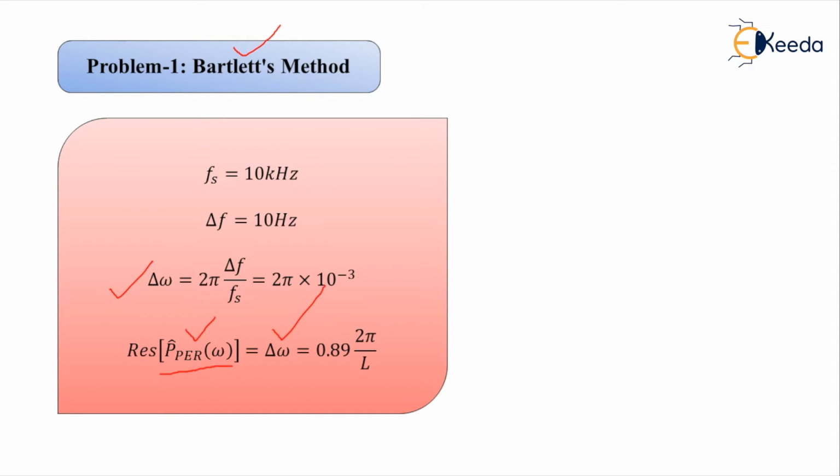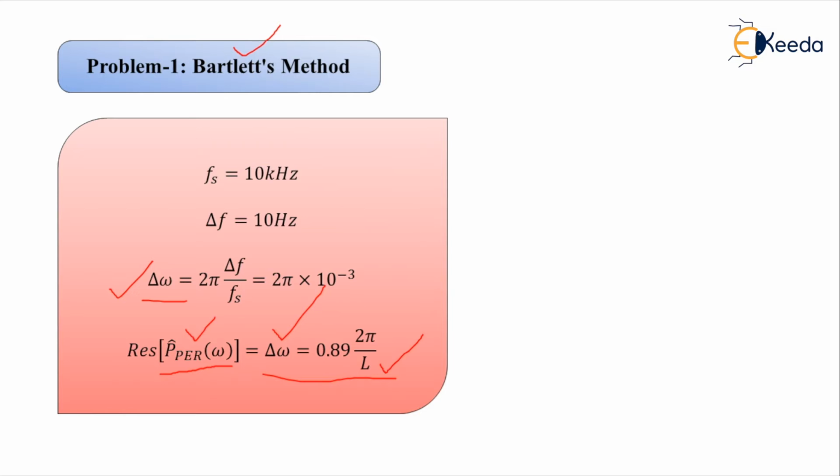For Bartlett's method, we want to use a section length of minimum value. So from this expression of delta omega and the other expression of delta omega, we come to know